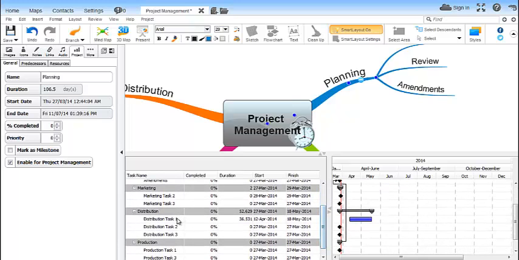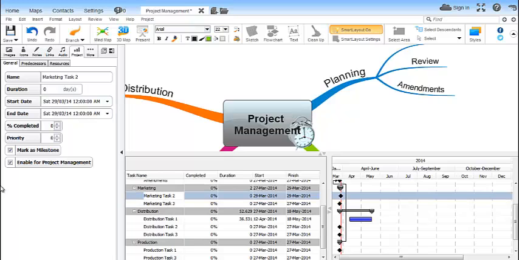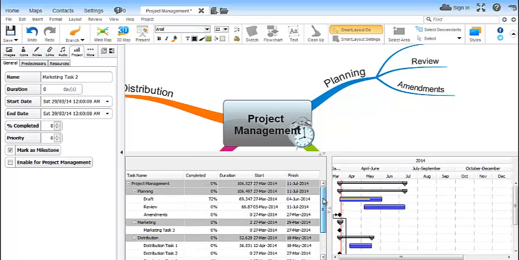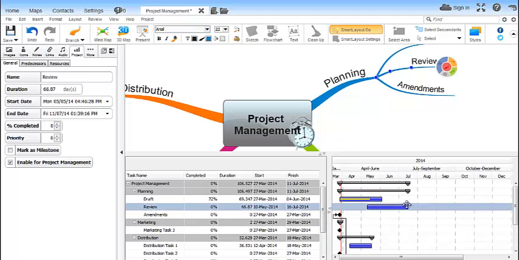You can prevent a branch from being shown as a task by unchecking the Enable for Project Management option like so. Your parent branches have become overview bars to a task. When you move the time span of a task, you can see that the overview bar moves in accordance. By encompassing the tasks below them, they help you to see a general overview of when that particular set of